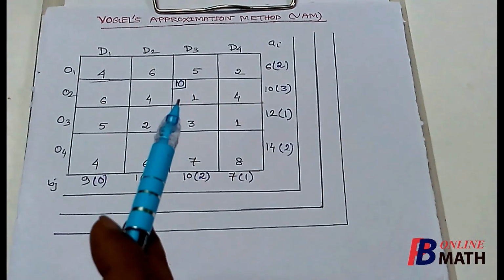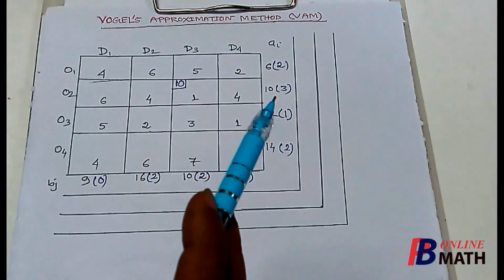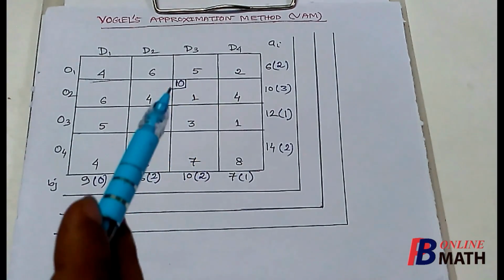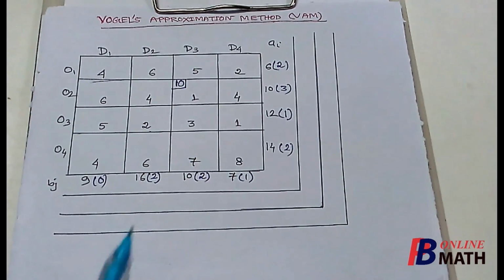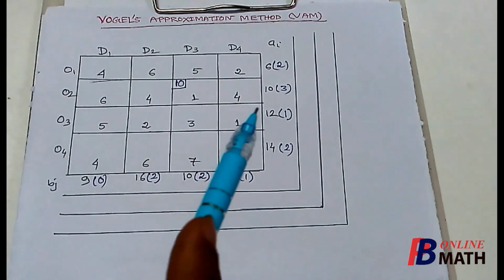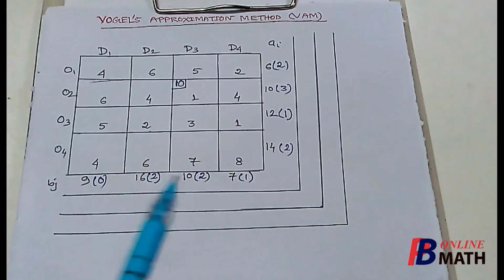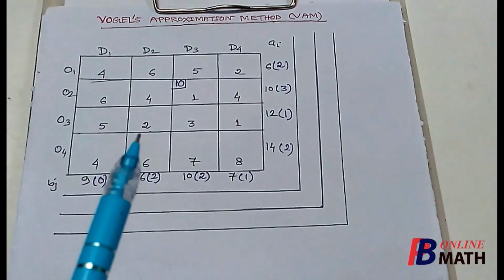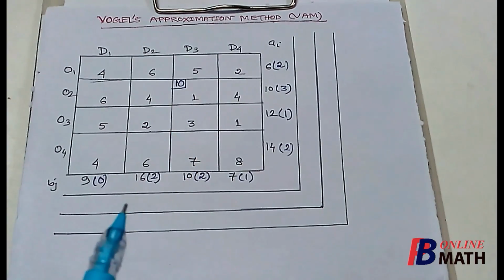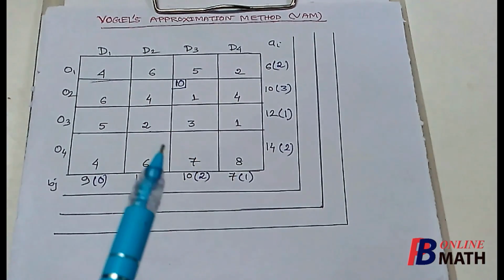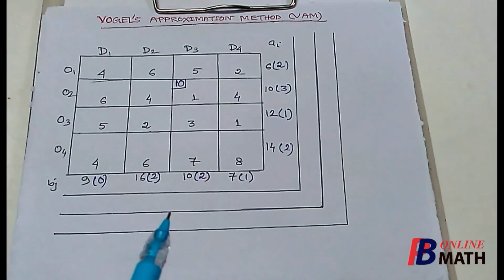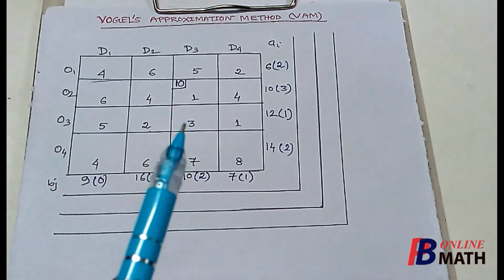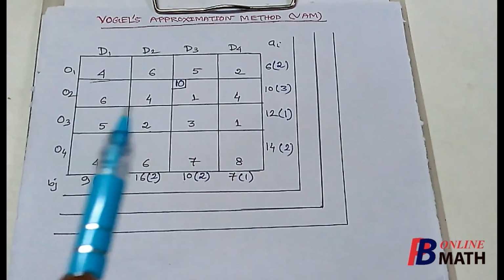If we allocate 10 here, then we find that the revised capacity of this origin is 0 now, and the revised demand of this destination is also 0 now. So the capacity of the origin O2 is exhausted and the demand of the destination D3 is also met. So we can cross off either all the remaining cells of this row, or all the remaining cells of this column. But we can cross off all the remaining cells from this row and column simultaneously if we can allocate one basic value, that is 0, in the cell corresponding to the next minimum cost from this row and column.